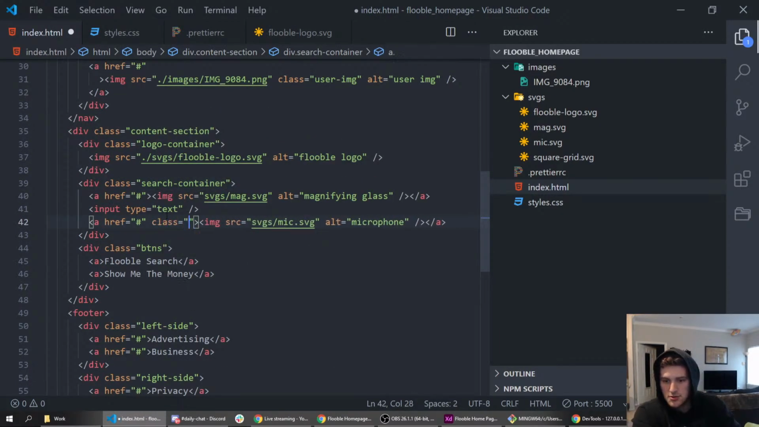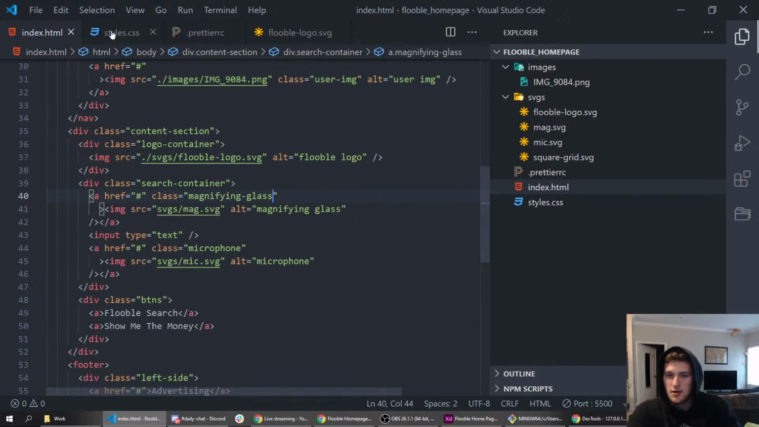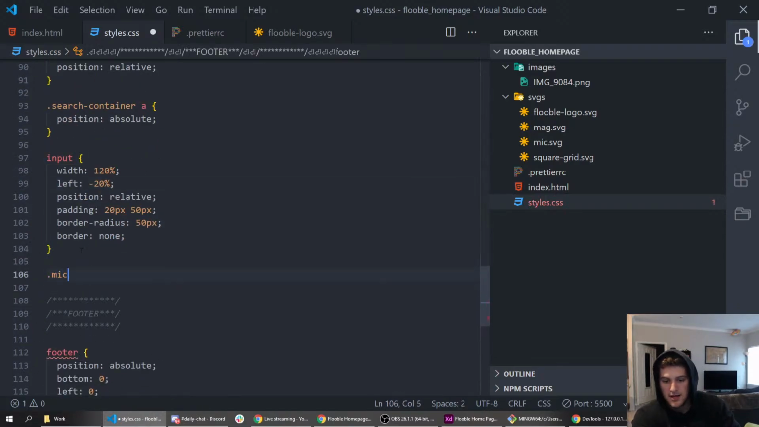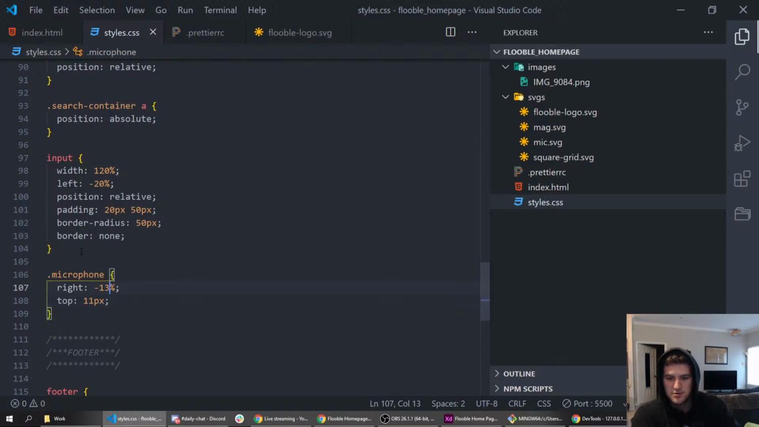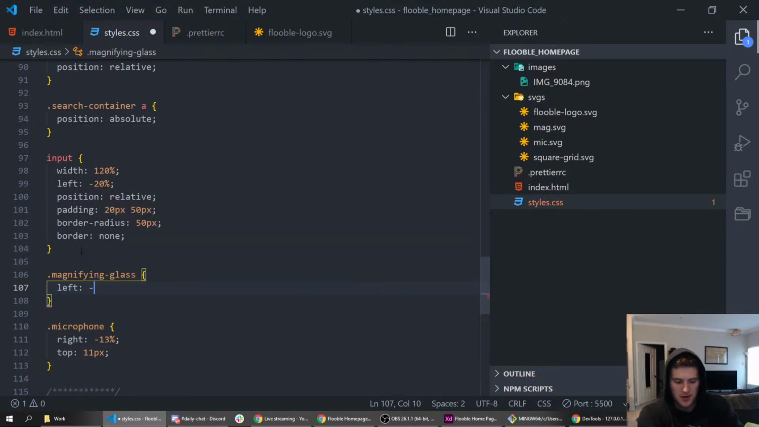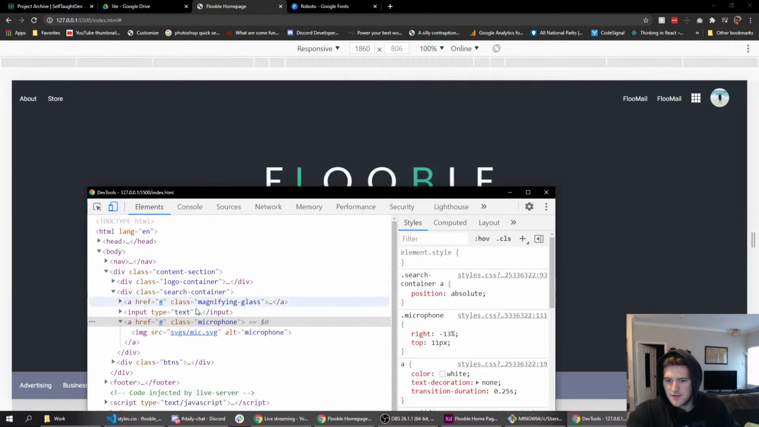So we'll say class equals microphone. And then here we will say class equals magnifying glass. And then in here we'll grab this and then we'll say we need to select our microphone class and add those to it. And then we want to select our magnifying glass class and we'll say left. We'll probably maybe using the same stuff with the opposite side will work. We'll say top 11 pixels. I don't know how big our magnifying glass is, so